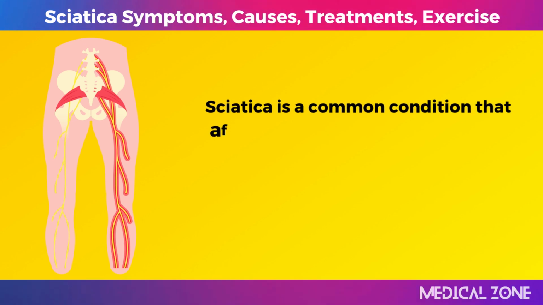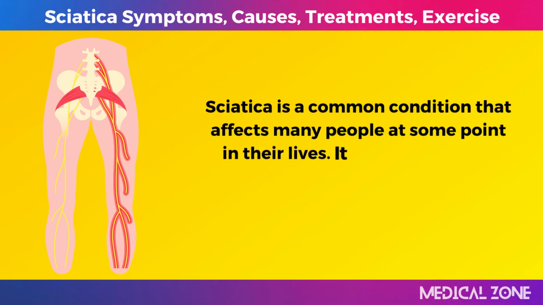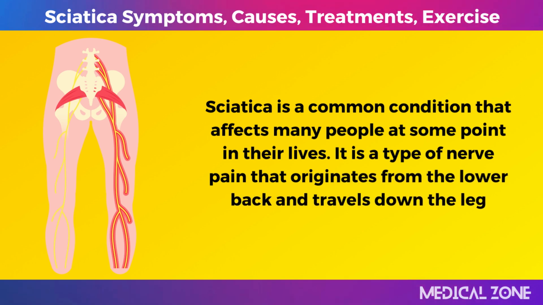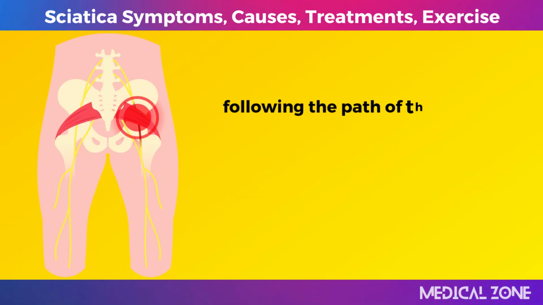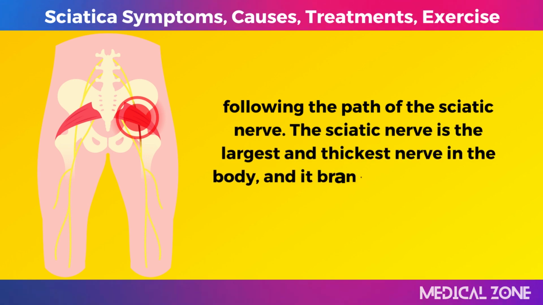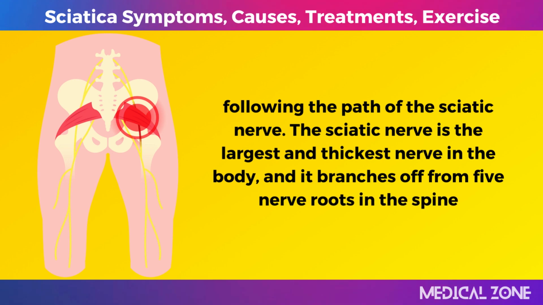Sciatica is a common condition that affects many people at some point in their lives. It is a type of nerve pain that originates from the lower back and travels down the leg, following the path of the sciatic nerve. The sciatic nerve is the largest and thickest nerve in the body, and it branches off from 5 nerve roots